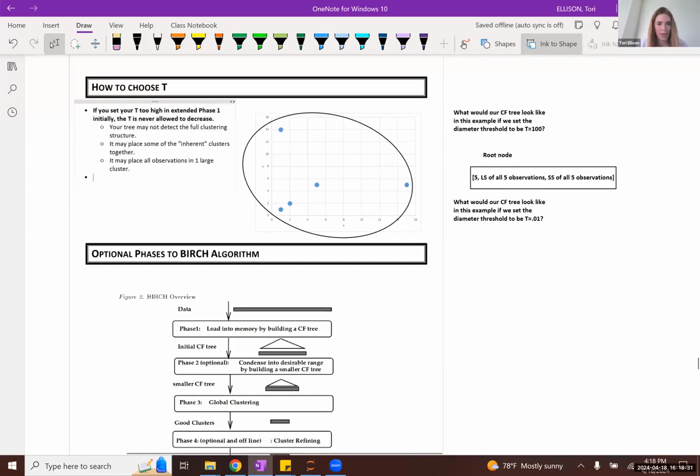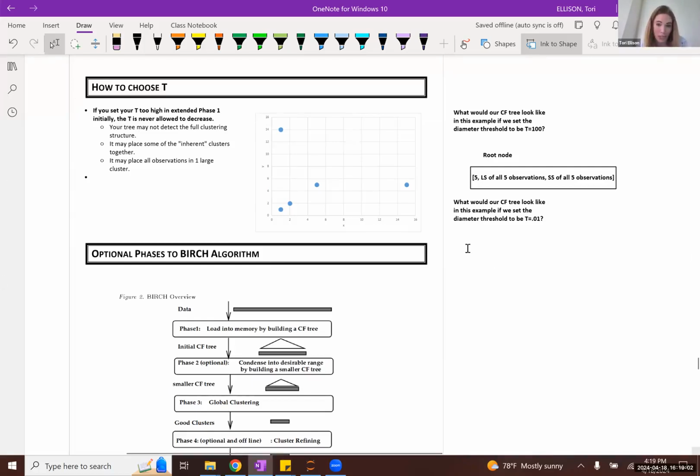On the other hand, though, let's think about what our CF tree would look like in this example if we were to set the diameter threshold to be 0.01. Okay, so all observations would be leaf nodes.